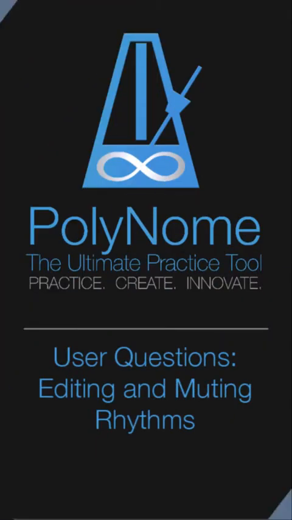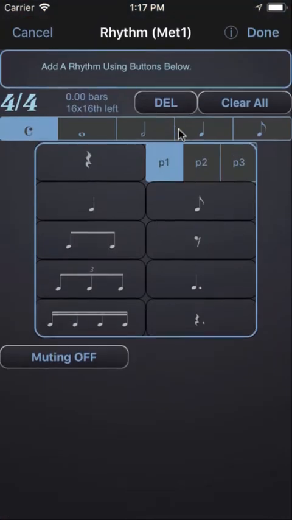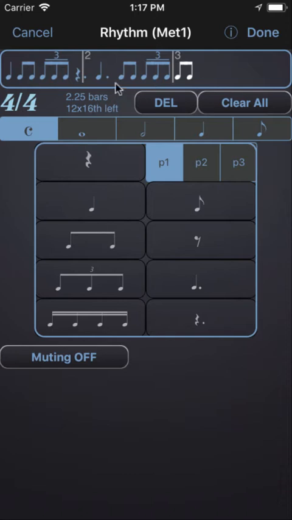Michael asked if there's a way to edit a rhythm without having to delete your changes. So let's say you'd entered a rhythm like this and you wanted to get rid of this note here. You can actually do that without having to delete all these and re-enter them. Instead, you can tap in here and swipe to highlight what you want to delete and then use the delete button to delete it. So we can go ahead and delete these here and then change the rhythm at the